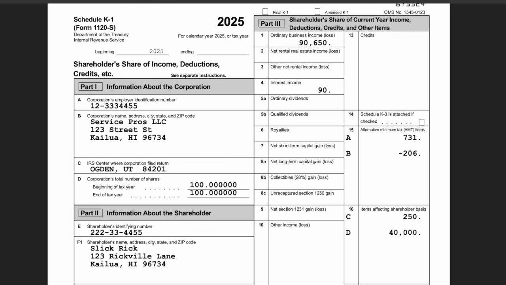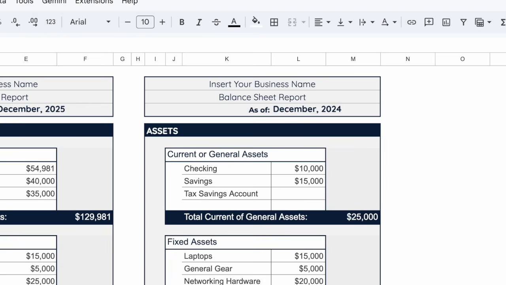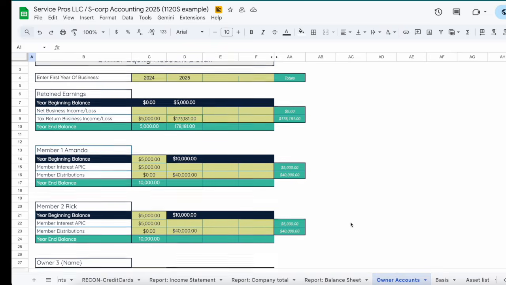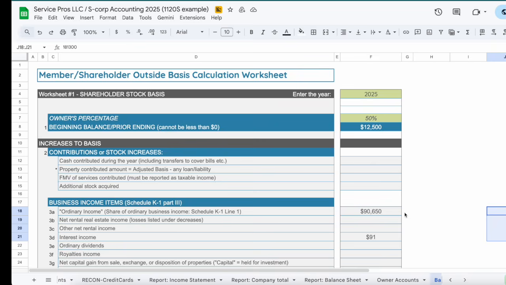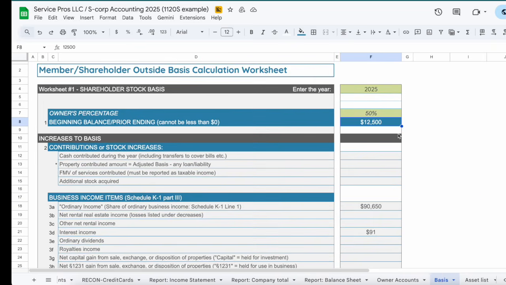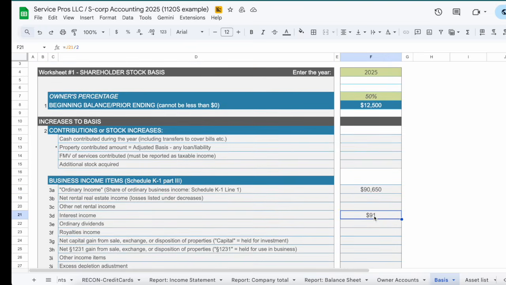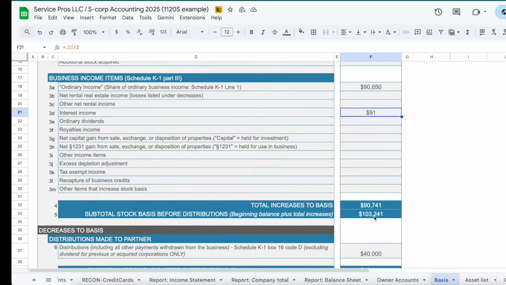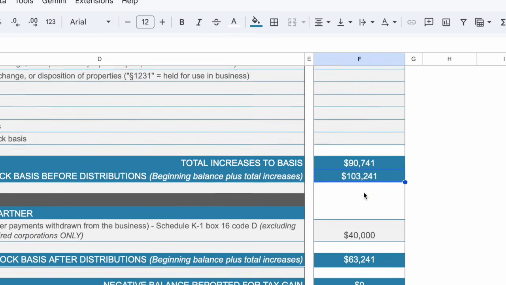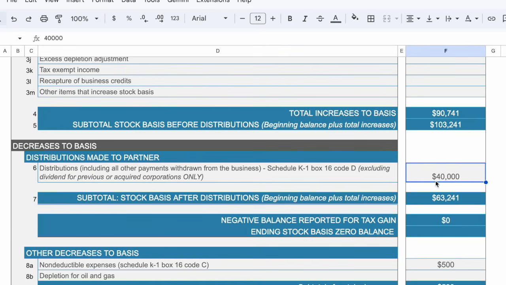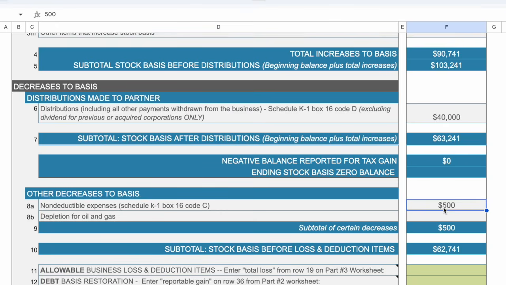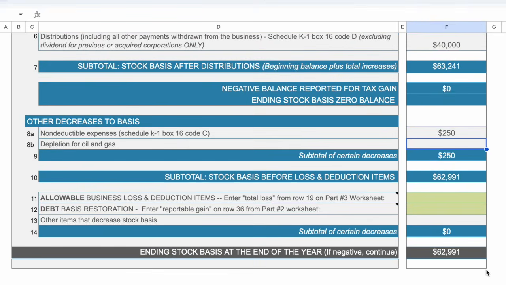So now I want to show you a basis calculation. Over here we have our owner accounts and then the basis calculation. We have our starting balance for the year. We added from the K1 the 90,650. We added their share of interest income, and that gives us total increases. Then our decreases are the 40,000 of distributions and 250 of the meals that were limited. And so that gets us to an ending basis of